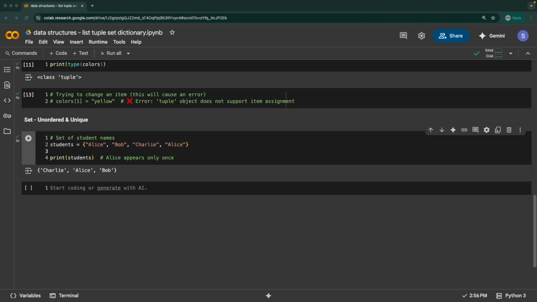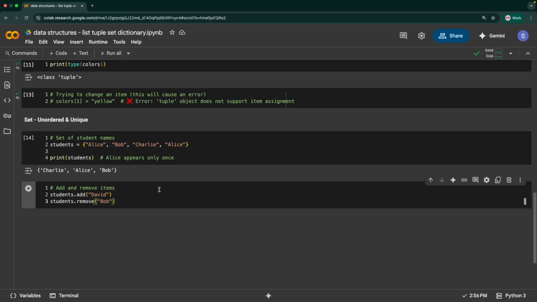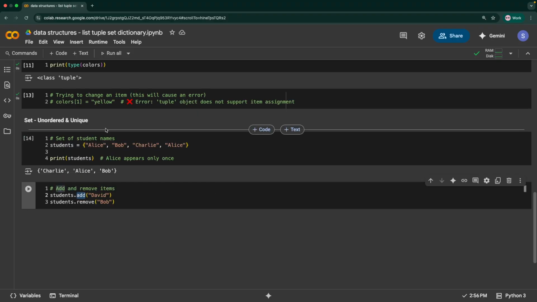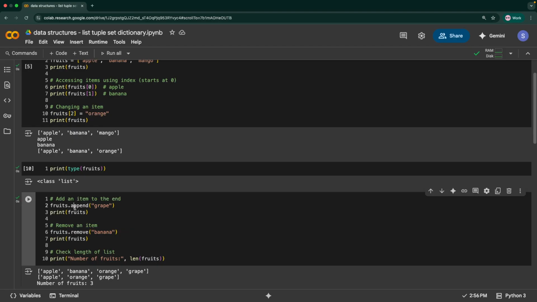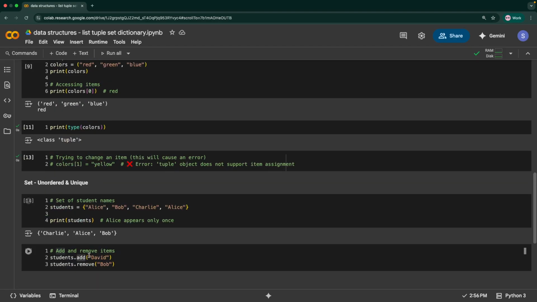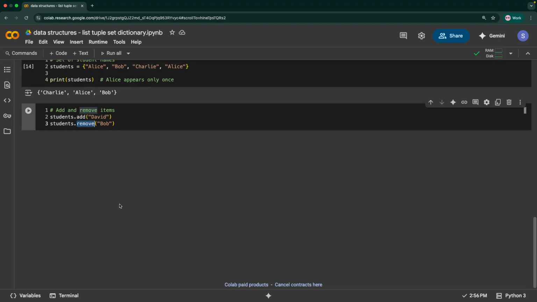Again, it is mutable as well, so you can remove or add values. Let's say I'm adding and removing values. I'm saying students dot add. So instead of append, as in a list, you have to use add. In the list we used append over here, right? Similarly, in this case we have to use add. To remove it, you can use the same remove keyword.